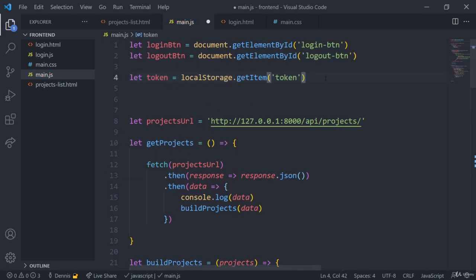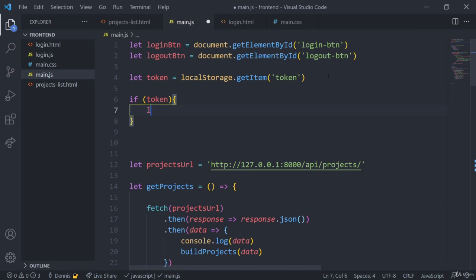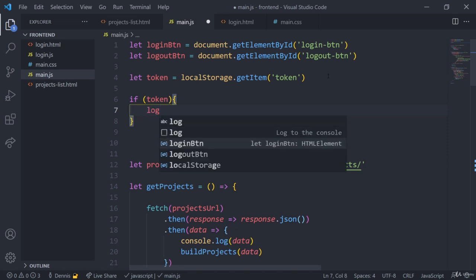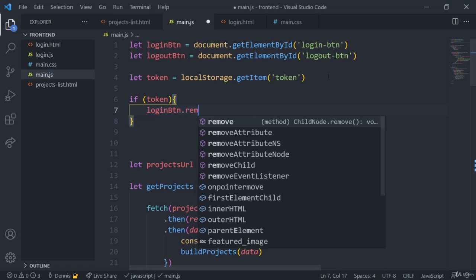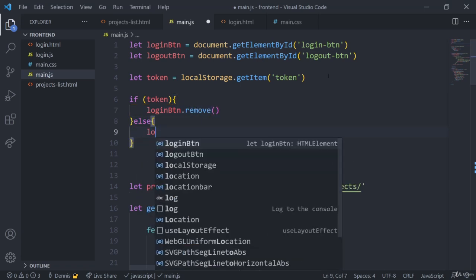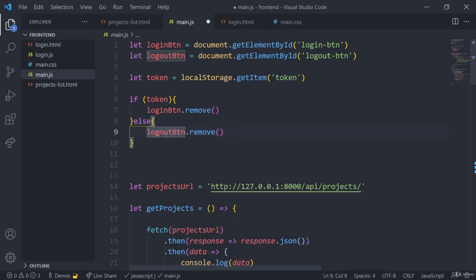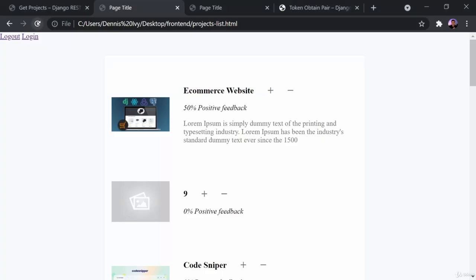And in this case, this is going to be on load. We're going to access the token and create a condition. So if token, we want to know if we have a token. If we have one, let's do login button. We don't need a login if we are logged in, so we'll just do login button dot remove. And that's it. Then we'll do else, and we'll do log out button dot remove. So if we're logged in, we see the log out button, and if we're logged out, we see the login button. Okay, so let's save it and refresh it, and now we will